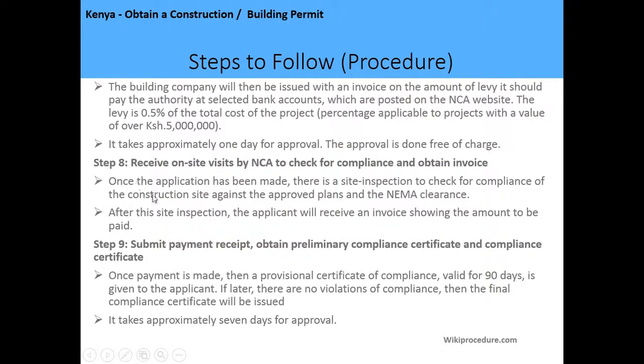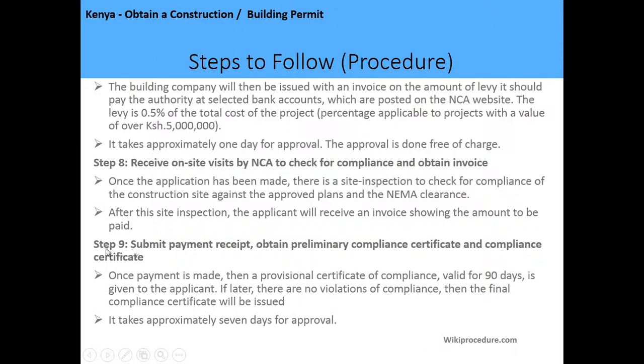The eighth step, now you receive an on-site visit by an NCA officer to check the compliance and obtain now your invoice to go and make payment. And once the application is made, there is a site inspection to check the compliance of the construction site against the approval plans and the NEMA clearance. After the site inspection, the applicant will receive an invoice showing the amount to be paid, which they are supposed to go to